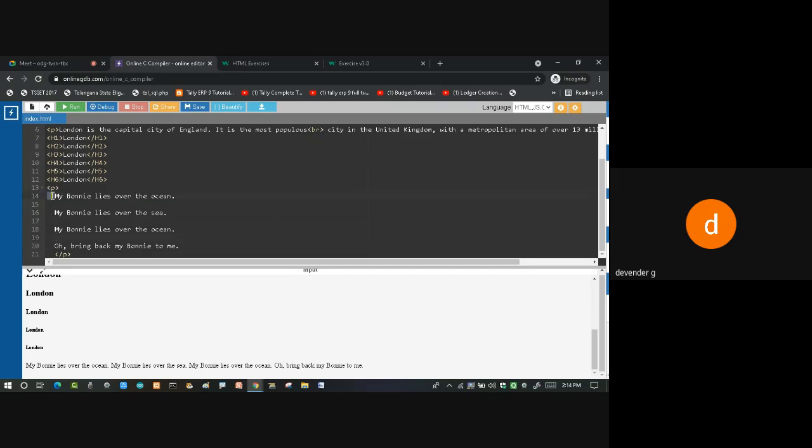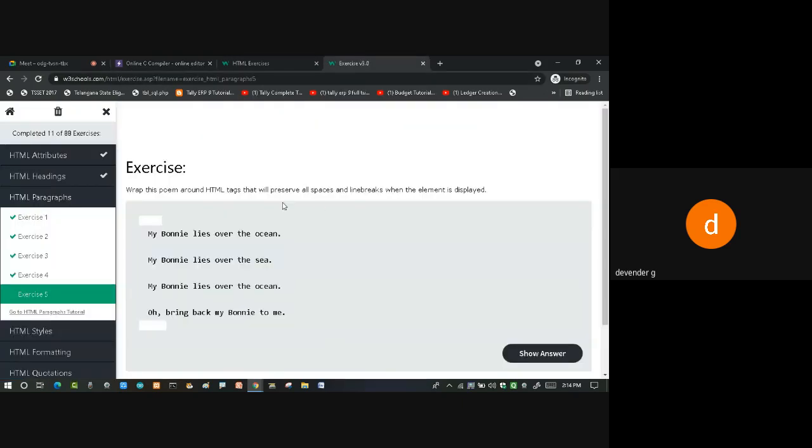But here if you see there is a space. Here also there is a space. Here also you can find a space. Exactly like this I want to preserve this, as it is, to be displayed on the screen. So what is the tag I can write so that it will preserve all my spaces and line breaks? Suppose these are the spaces. So a small space is there. See, I have highlighted it, which is showing on your screen in blue color. And line breaks, that is, it has two lines. So from here to here, you are getting two lines. See, this much gap is coming. So what is the tag we have to write which will preserve all our things?